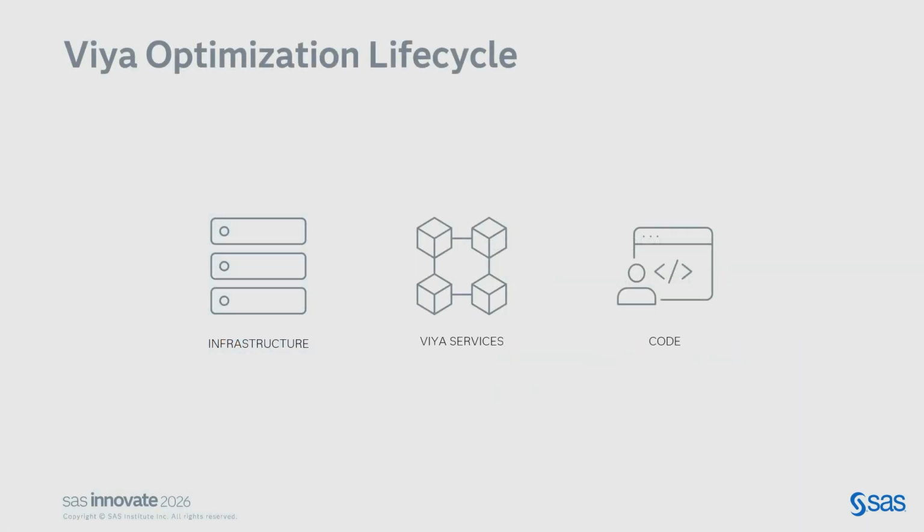All right. So when you think about optimizing and configuring VIA, there are multiple areas, but three key areas. First, your underlying infrastructure. By that, I mean your Kubernetes cluster itself. Are your VMs sized appropriately? Do they have the right CPU, memory, and so on? There's the underlying VIA services, or the microservices that VIA is running within. And then there's also your SAS code, right? Do you have the right storage options configured? Are your SAS options, memsize, sortsize, all set properly?